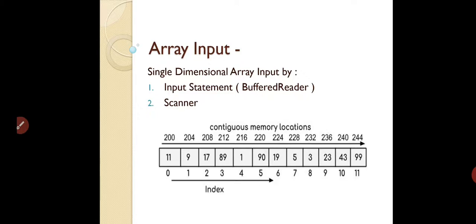And one more thing, array element always stored from 0 till the length minus 1. That is the index. What we are using, that is index for storing element one by one. The index starts from 0 till the length minus 1.